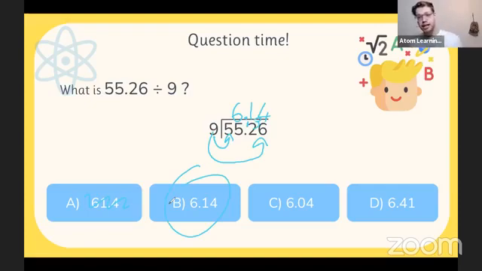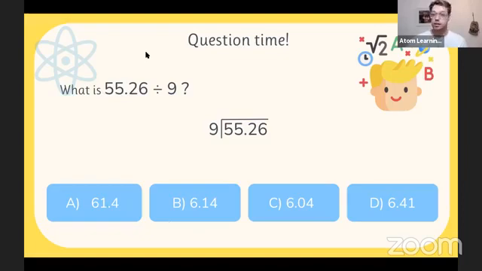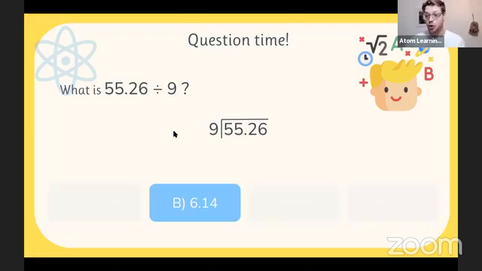So again, it's just taking the basics of division and applying them to a new scenario where we have a decimal point. And one of the answers will always be the right answer with the wrong decimal point, because sometimes examiners are mean and sometimes people who write questions are mean. I include myself in that because I've written thousands of these questions by this point. So I know what we do to try and trick students. So that answer would be 6.14.